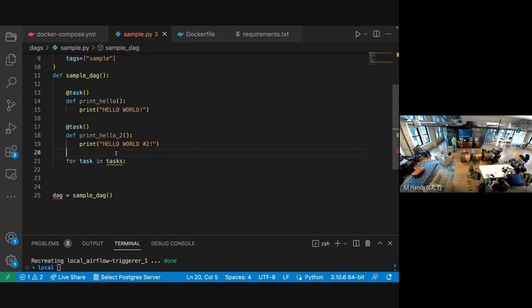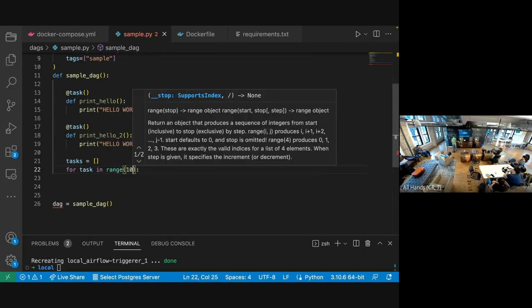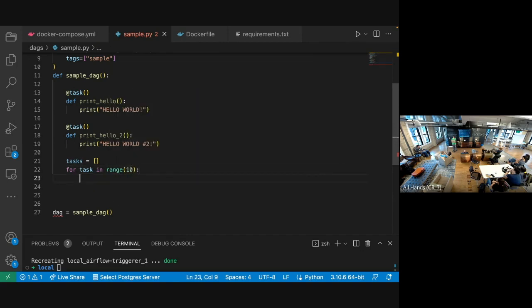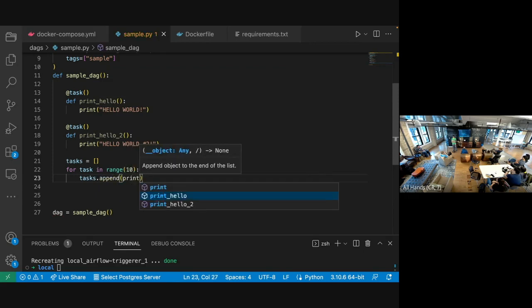And then I also define tasks here, and then I say here range of 10. Let's say I define 10 functions. And then I say tasks.append prints hello. So what I do is that I create a task, or let me actually make it a little bit more